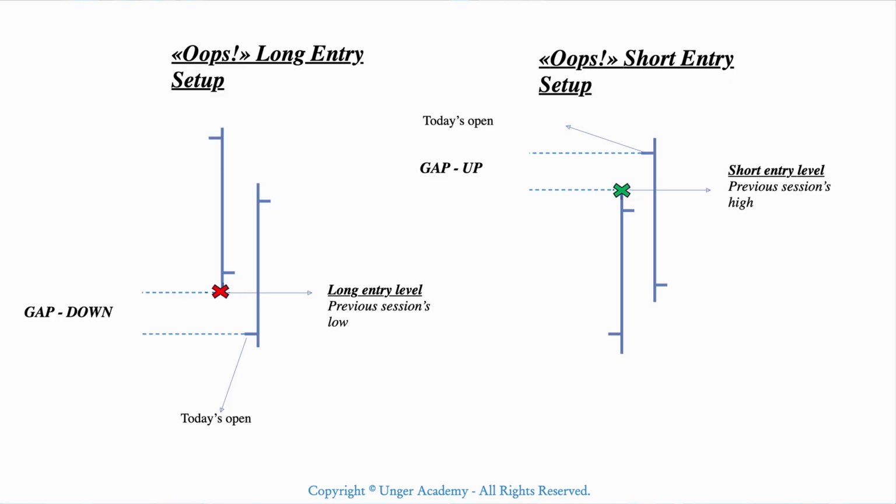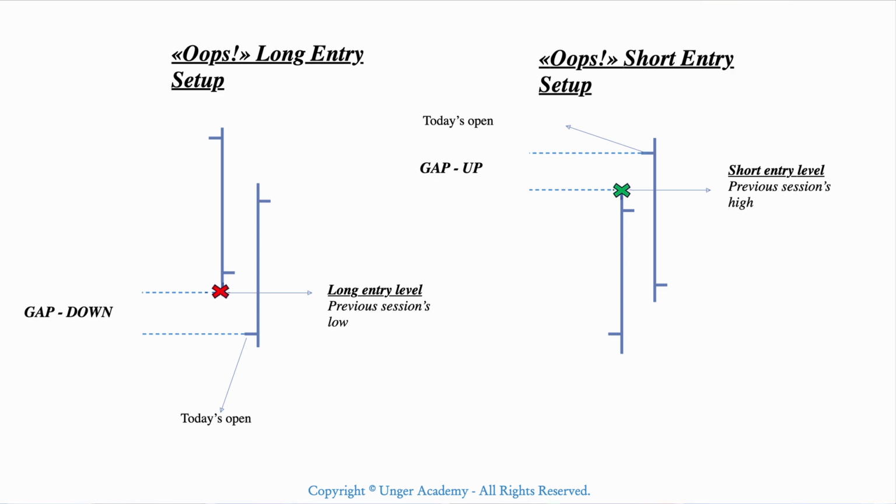Here we show the conditions for both long and short entries. In each case, we look at two bars, specifically daily bars, representing the current session and the previous one, including their high, low, open, and close prices. The long setup, shown on the left, requires that the current session opens with a gap down. This means the open must be lower than the previous session's low, which is marked here with a red X. Once prices recover after the negative open and rise to reach the previous day's low, the conditions for a long entry are met, as the reversal pattern is confirmed.